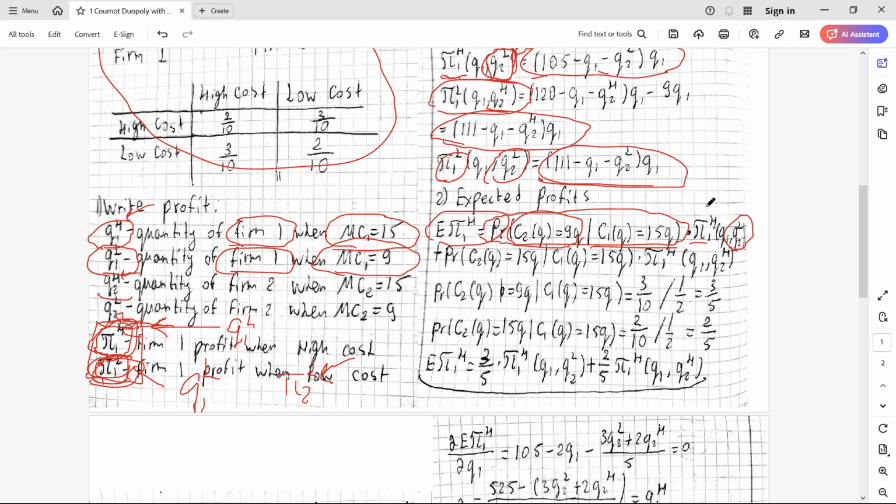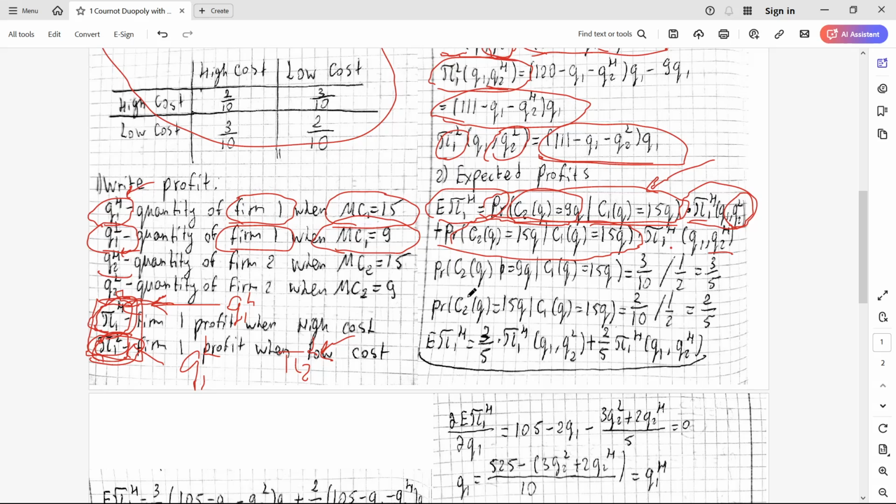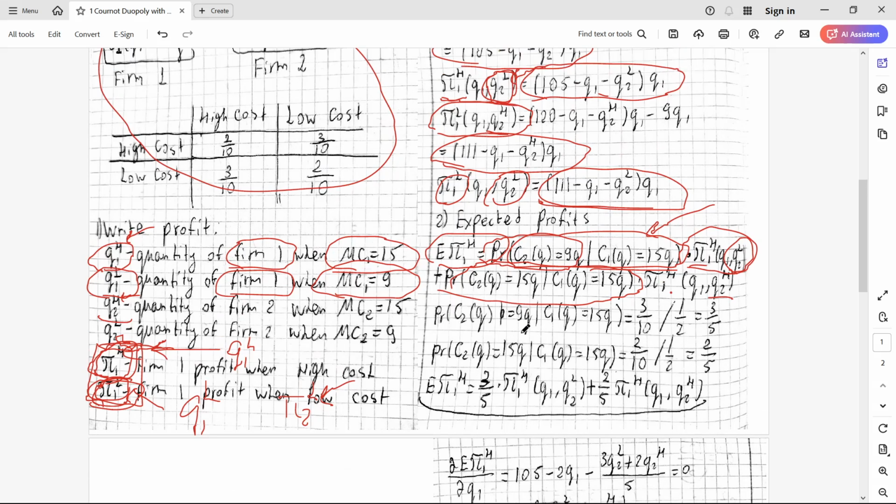So we would update our beliefs based on our own type and basically derive probabilities from there. And we'll use this probability with this profit when we're high type and they're low type. And then we use the probability that the other firm is of high type and we're of high type multiplied by the profit that we are of high type and they're of high type. Then, of course, we need to find what these probabilities are. In this case, probability that they're of low type when we're of high type is basically